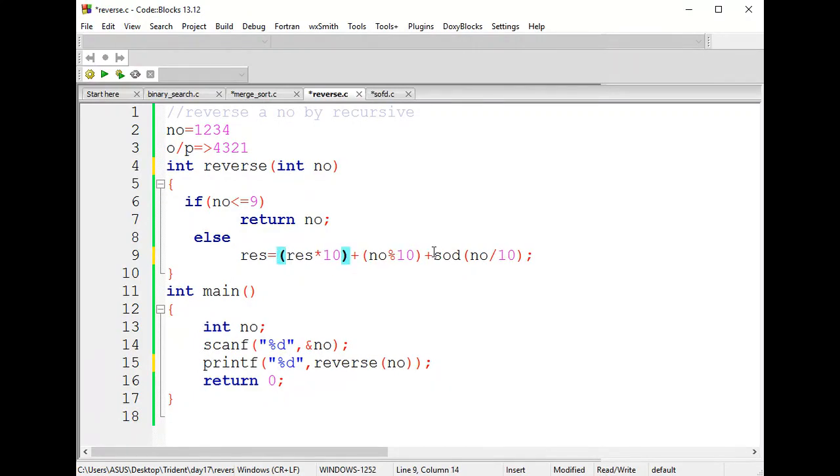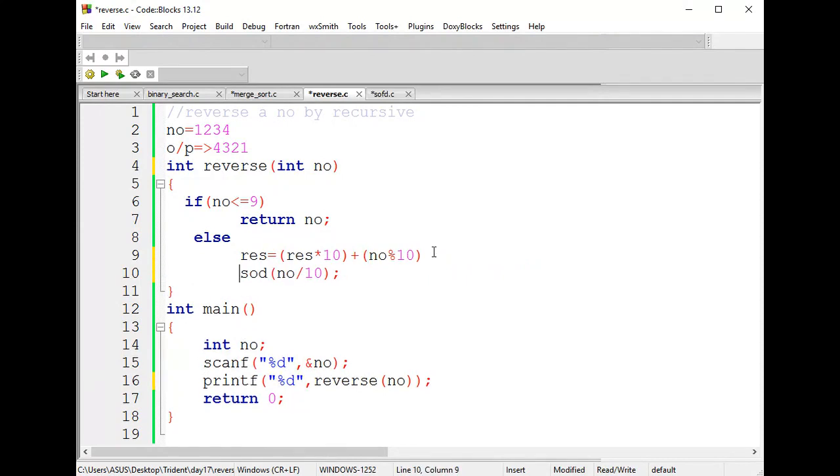And here, as I said, you're supposed to call this reverse function by dividing it. So let us call return reverse of number divided by 10.